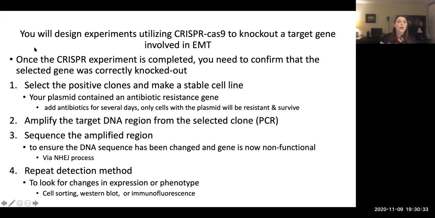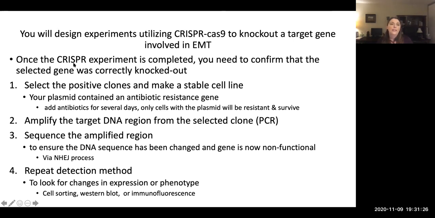And so you will end with designing the experiments to utilize the CRISPR Cas9 knockout system. And so they'll have a section where they teach you about CRISPR before you go into designing and doing the experiment. So this Labster simulation is long, and I do recommend that you take some breaks, just leave it up and running, and maybe go for a short walk, take a snack break, something, so that you can really take in all the information, take all your screenshots, take all your notes. It's a long one. Okay, so you will design experiments utilizing the CRISPR-Cas9 knockout target gene involved in the EMT